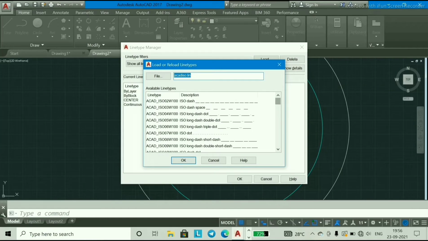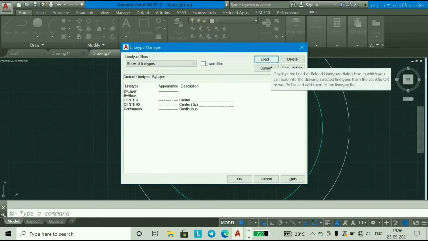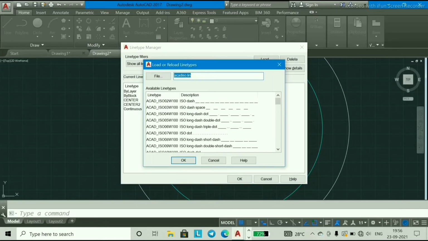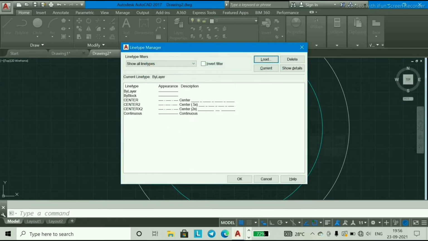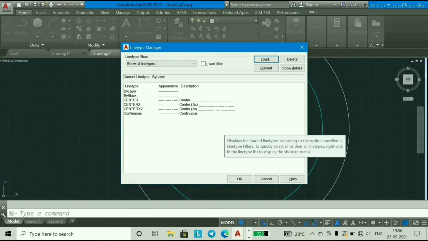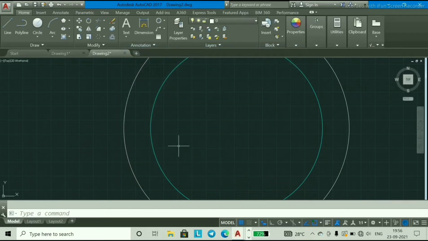Again go to load, select center 5x, OK. Again go to load and select center 2x. OK.